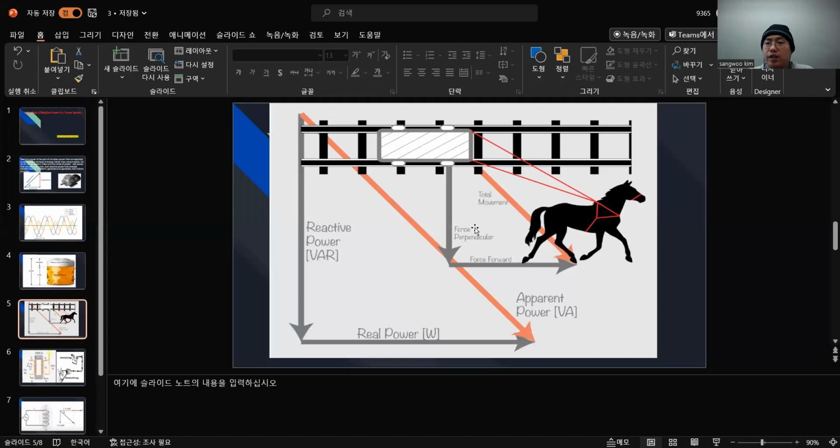Yeah, so let's see here more. Nowadays we use RLC loads. Our circuit has no pure L, no pure R. If it's a horse here, I will say this load here is a pure load. But since we use RLC, lots of different kinds of load, that's why we have to use reactive